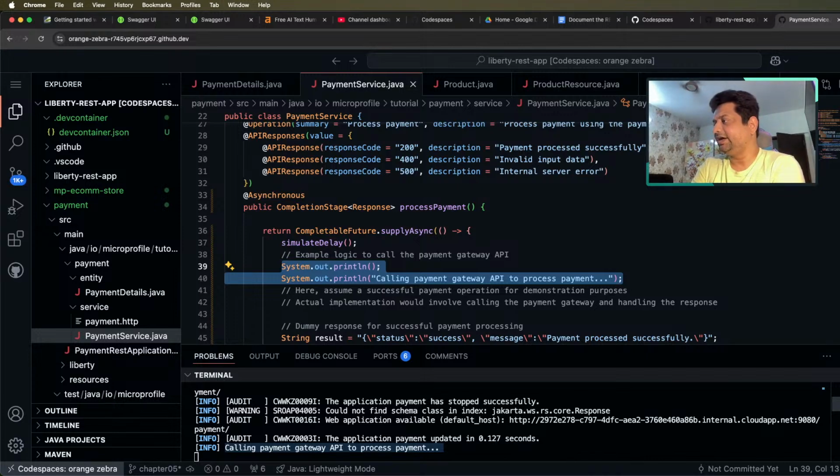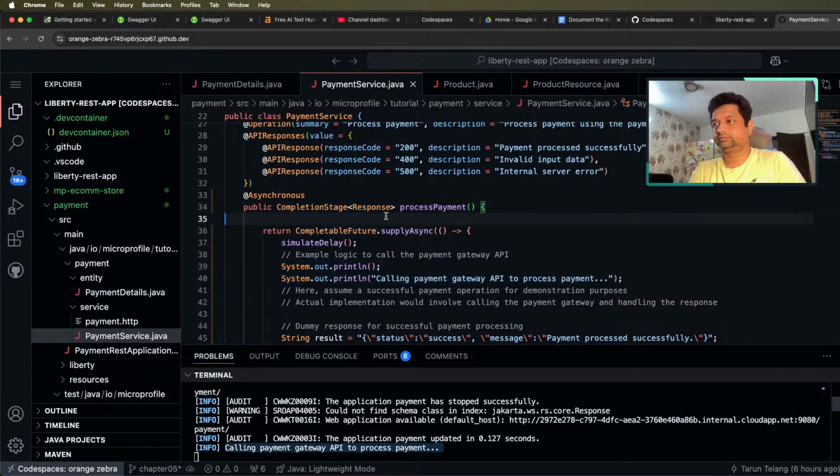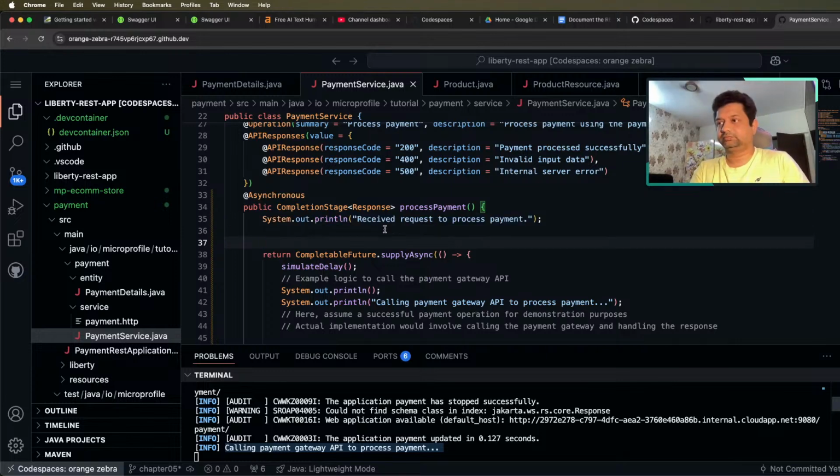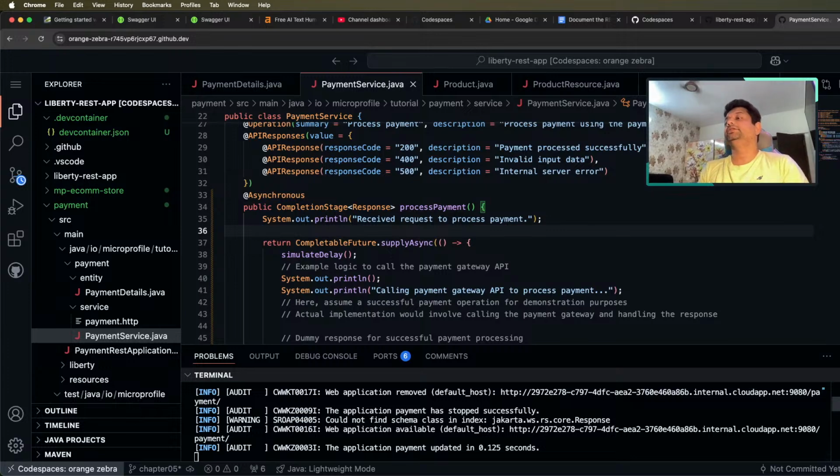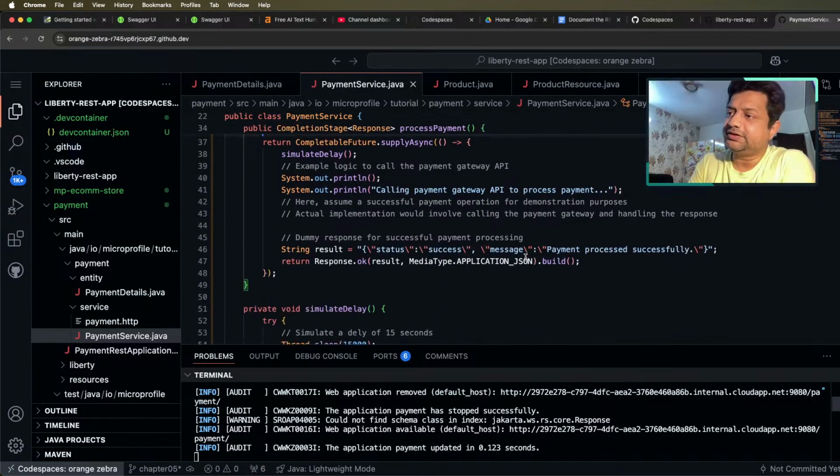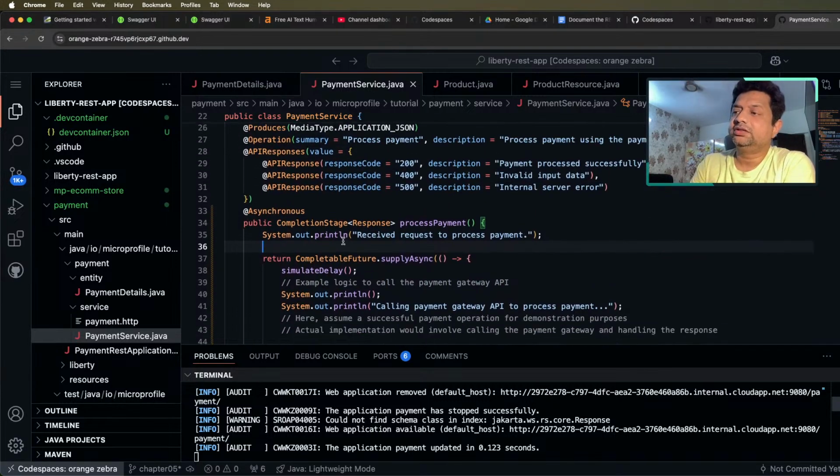What we can do is have some message here, right? So received the request to process payment, right? So as you all know, if I would have executed it without asynchronous, the entire thing